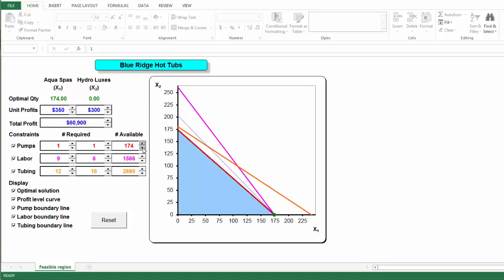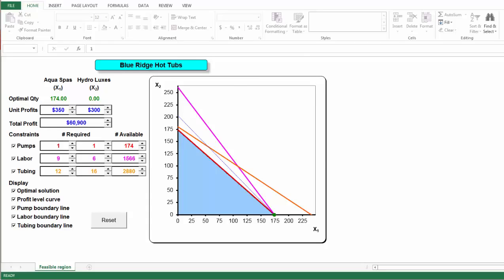It is still the intersection of boundary lines of pump and labor constraints, but it is also the intersection of boundary lines of the pump constraint and the non-negative constraint of x2 greater than or equal to 0. At this new optimal solution, the labor constraint becomes redundant because with or without it, the feasible region is the same. Once again, this is another situation in which we see degeneracy. At 174, the optimal profit is